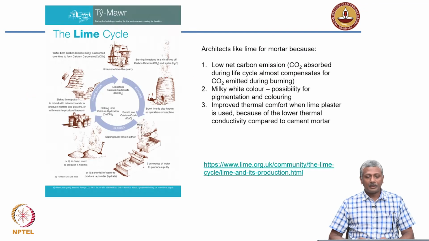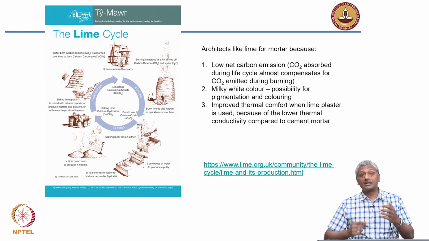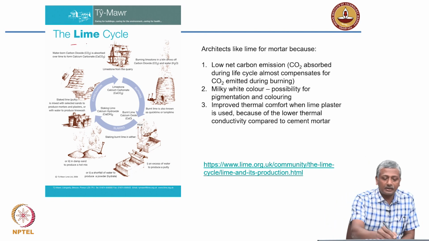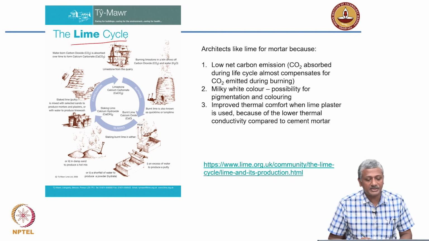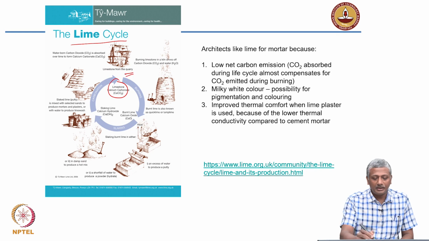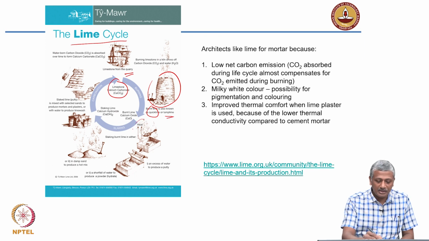Again, many people talk about this conversion of CaCO3 to CaO and then back to CaCO3 as the lime cycle. So this is a very interesting picture that is there from UK. You have your limestone or calcium carbonate, which is extracted at the quarry and is burnt in the kiln, and you get quicklime or lump lime. This quicklime is then slaked. Heat is produced because of slaking, and then you get your lime putty. Okay, what is lime putty?